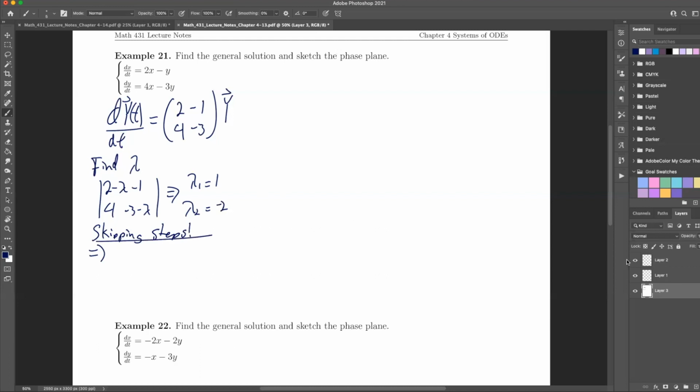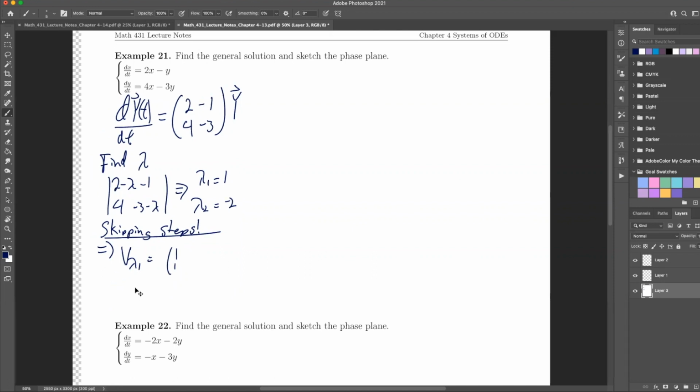So I'm skipping steps here, just because I want to get to the drawing. But do show all your other steps beforehand. Okay. I'm not positive how I set up, because we solved it, and then we draw it. I don't remember if I teach you how to draw it and then we solve it, or we do the other way around. We'll find out. Anyway, so v lambda 1 in this case is 1 and 1, and